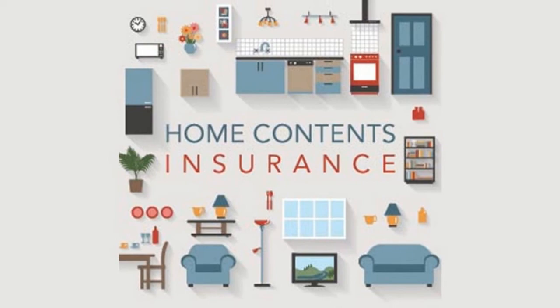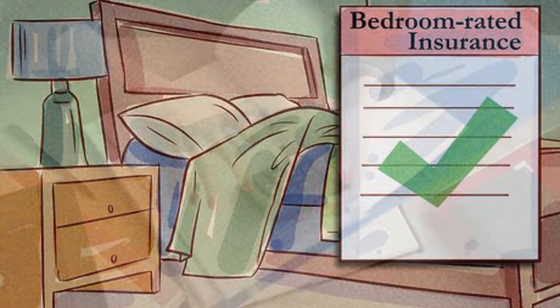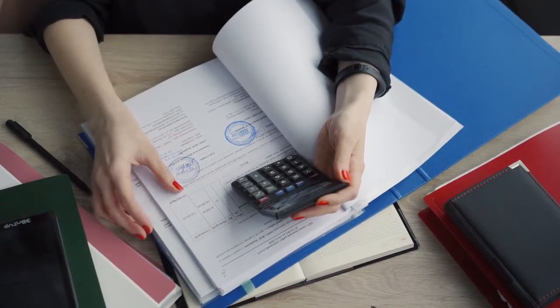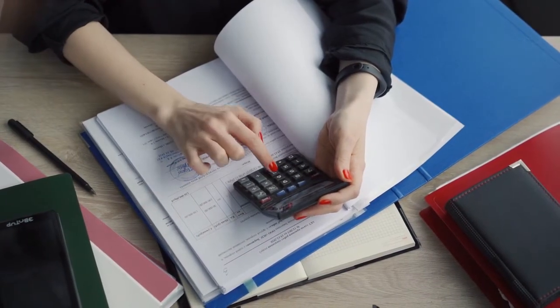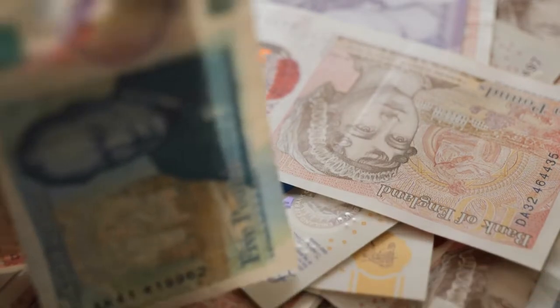You could opt for bedroom rated insurance, where the insurer works out the amount of contents cover you need based on the number of bedrooms you have. These policies typically provide between £40,000 and £50,000 of cover as standard, which is usually enough for most houses. You could also opt for sum insured, where you, not the insurer, calculates the amount of cover that you need. And finally, there's unlimited sum insured, where all your content is covered without limit, so you don't have to worry